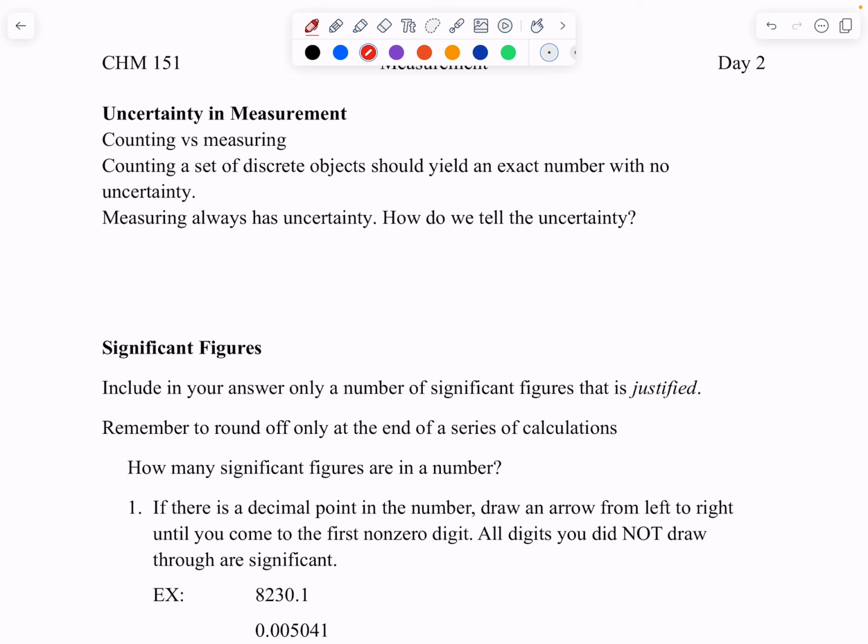So when you count, if you're related to the military or any teams, like if you're in the military, how many people do you have with you? You need to know that very accurately. You have 8 of you, you and 7 others. Well, how many are now here? 5. Ooh, that's a problem. That doesn't work, right? If you have $17 in your wallet, you know you have $17. If you have 2 pencils, you have 2 pencils. Easy counting. Measuring's different.